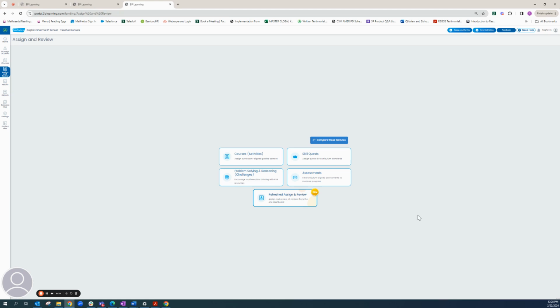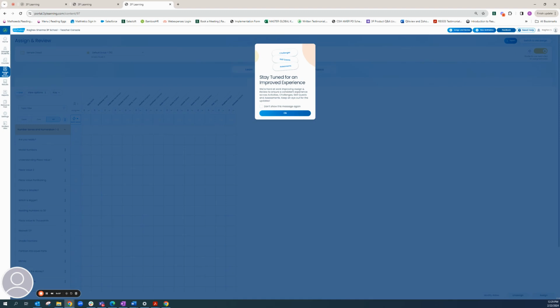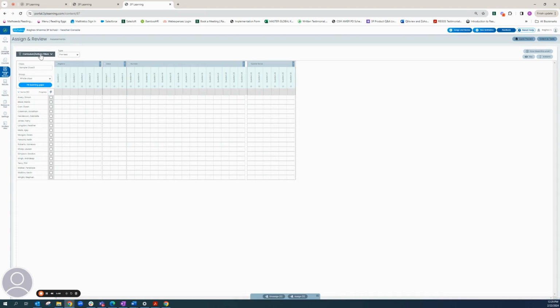To use the Fill Learning Gaps function, firstly, a teacher must assign an assessment and have their students complete the assessment. Now, to assign an assessment, all the teacher has to do is go into the new refreshed Assign and Review. We're going to go into the Assess tab, and here we can use the curriculum and activity filters to filter which province we're in or which country we're in, as well as which grade we are assigning the assessment for. Make sure to make a note of the assessment that you are assigning to make it easy to locate the